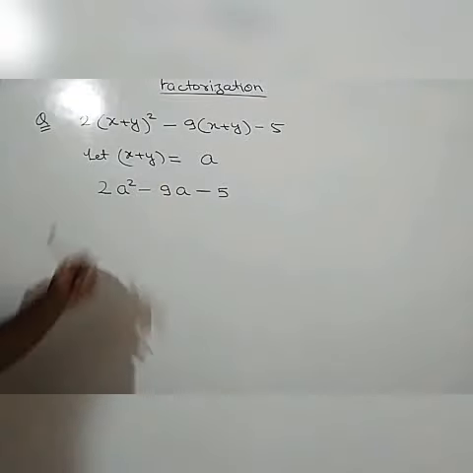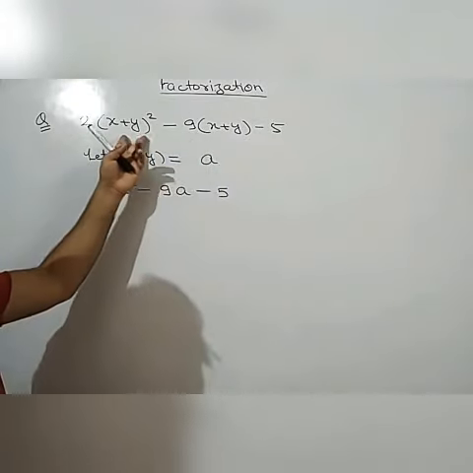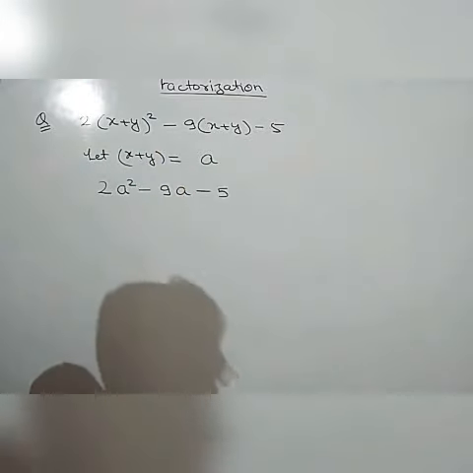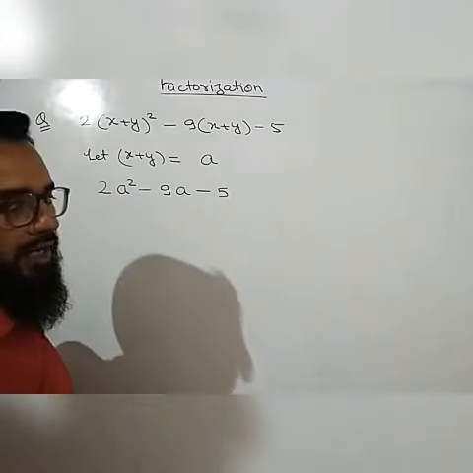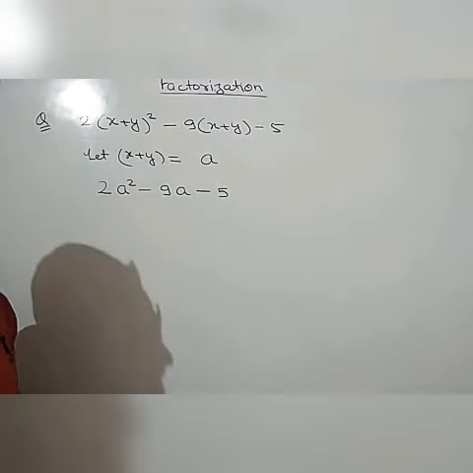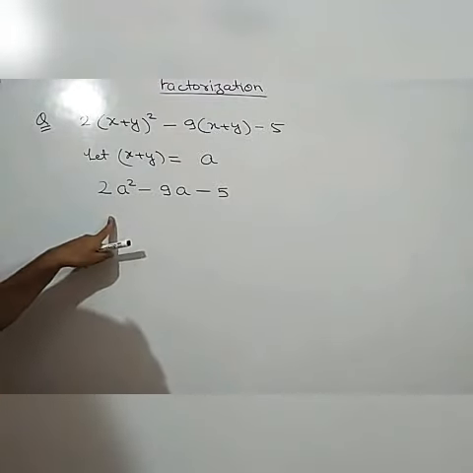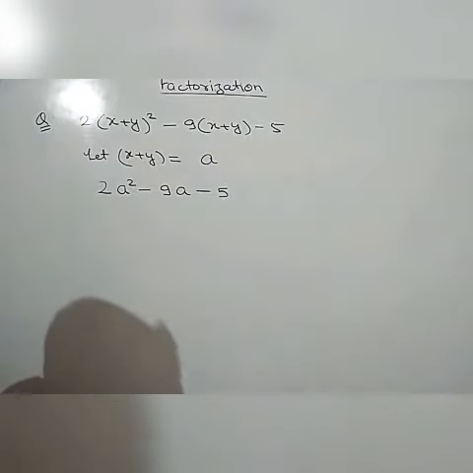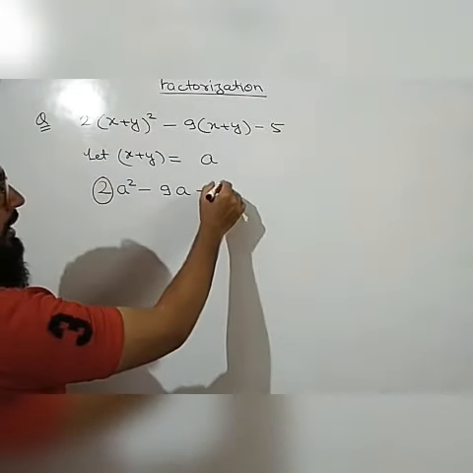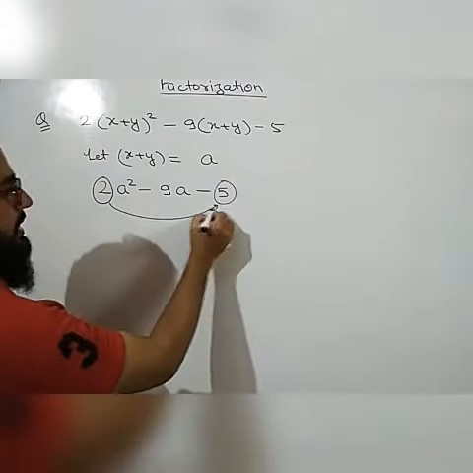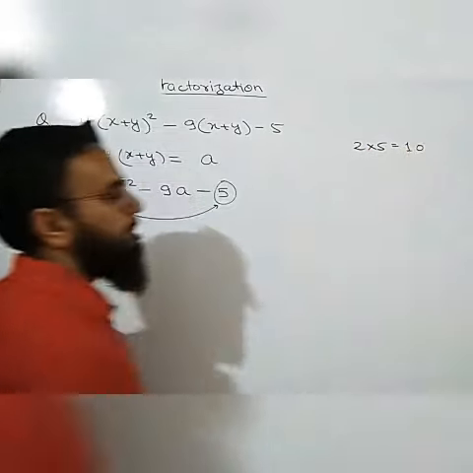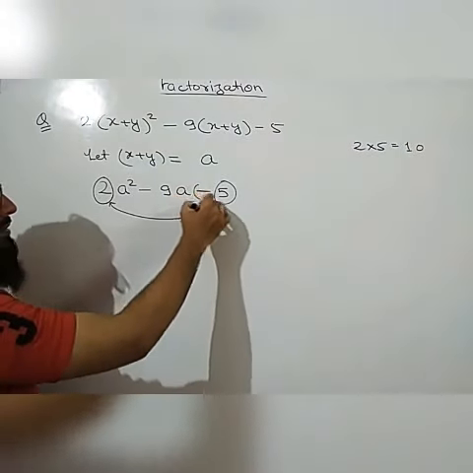Clear? So whenever you are given such type of expression where there are two variables, we will consider those two variables as another variable a, or anything we can consider. So it is 2a square minus 9a minus 5. Now this is a quadratic expression. This is a quadratic polynomial, and we can solve this quadratic polynomial by the splitting the middle term method also. So if we check, by splitting the middle term, the coefficient of a square is 2 and the constant term is 5. If we multiply these two terms, what will we get? We will get 2 into 5, which will be equal to 10. And the sign is negative, minus sign.